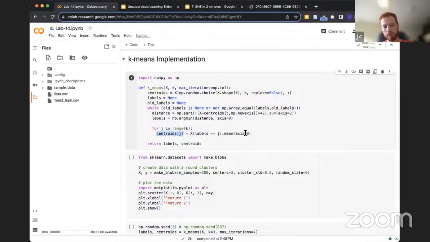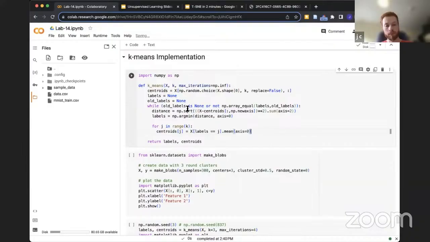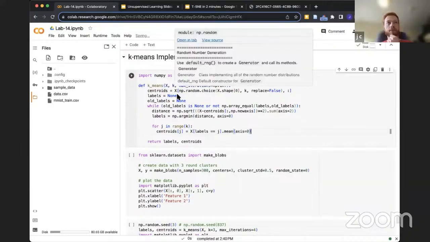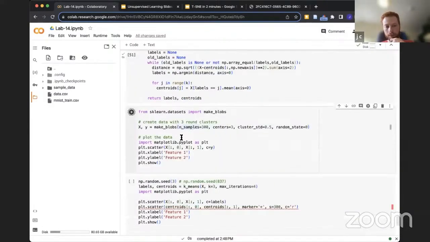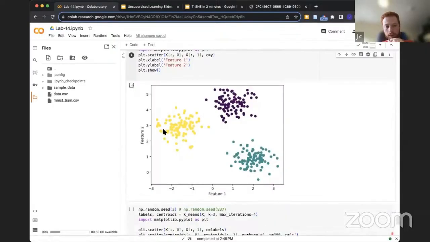And this, we update our centroids. And that's already it. That's the implementation of k-means. Now, if we, for example, run this on this toy data set with the 3 clusters,